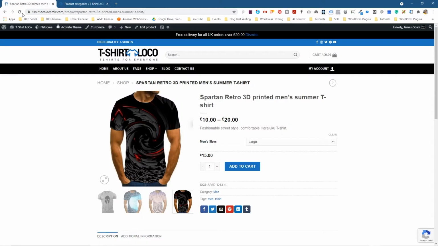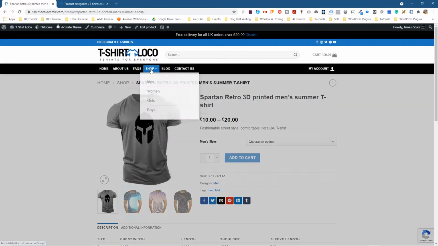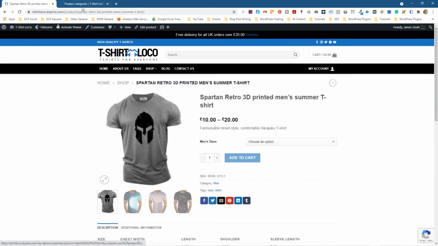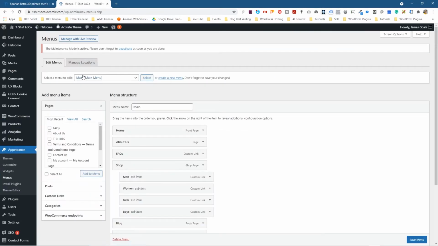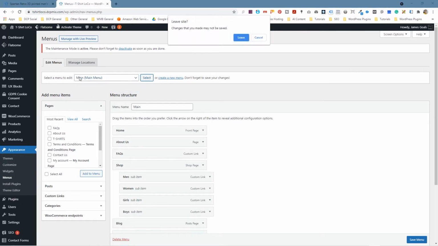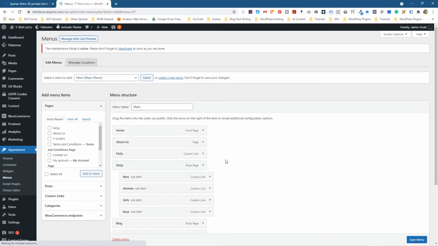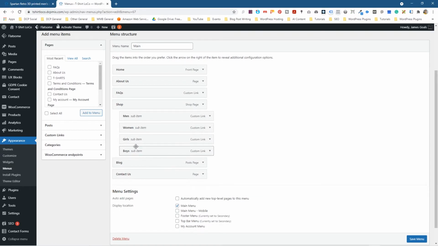And if we go to the website and refresh it, we'll see that that category does not show here, right? You can't see it anywhere here. So what we need to do is add that to the menu system. So let's say that this is the category for now, and if we go down to the appearance and go to menus here, we can see that as default there's two menus. There's the footer menu and there's the main menu. So we want to select the main menu, that's important,